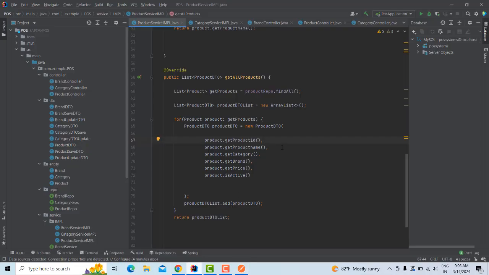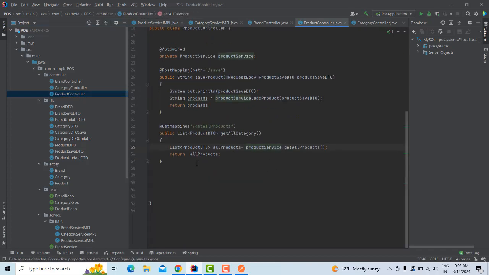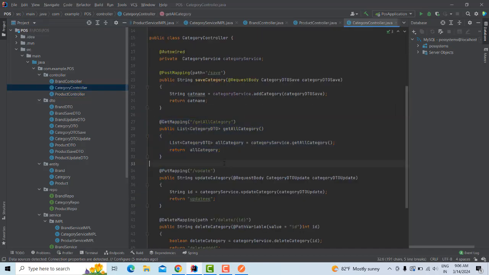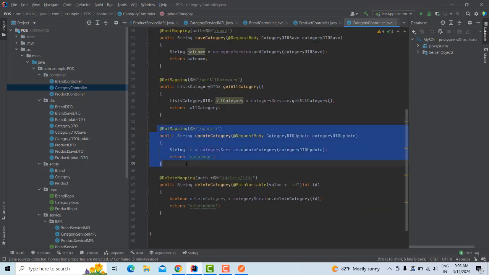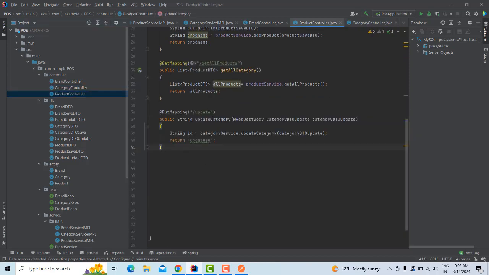What you're going to do here is go to the product controller. Here I'm going to implement the update method. So go to the category controller, the update method with put mapping. I just copy and paste it over here. Update this one, you have to change this one as a